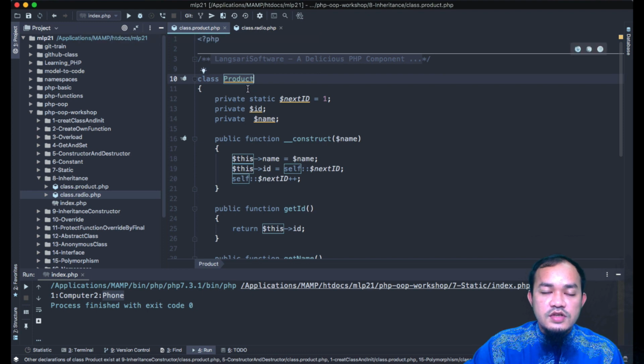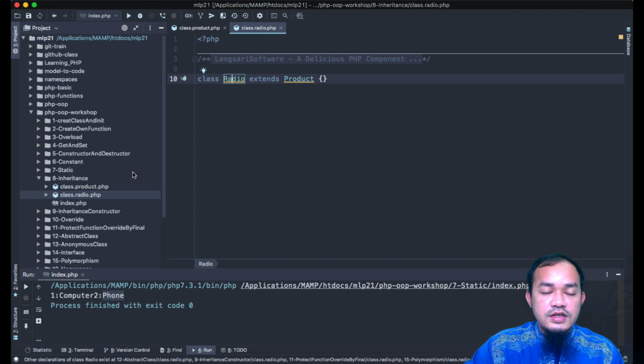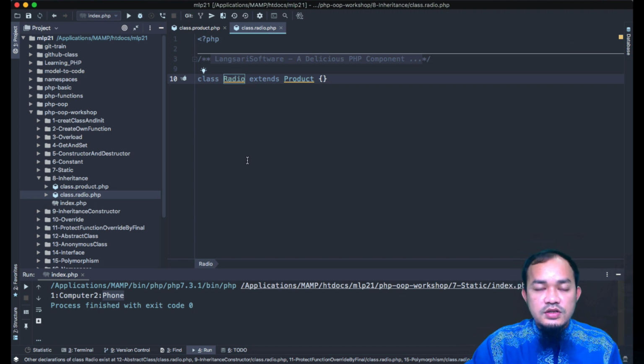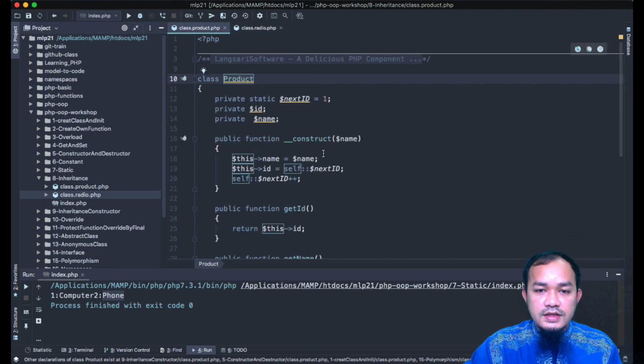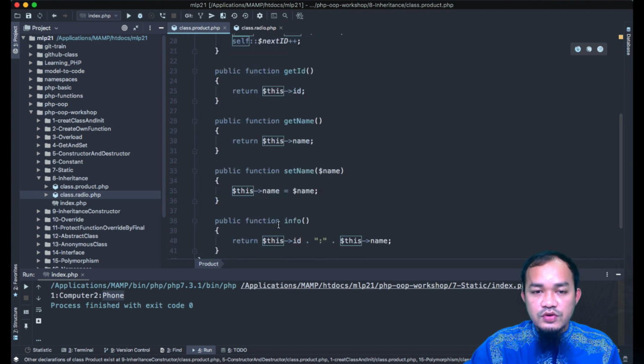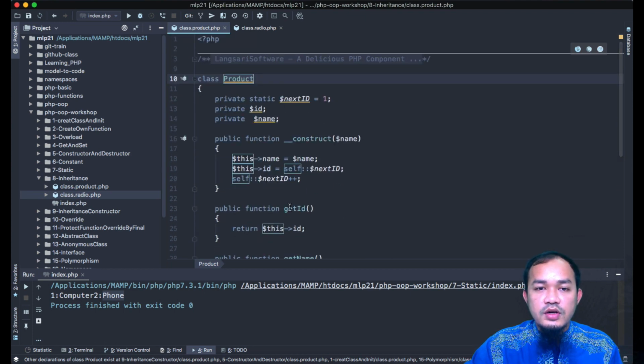For example, if you do not use the inheritance feature, you have to write Radio like this: get ID, get name, or whatever, and then echo as info to return the data. So the code will be redundant. The code will be duplicated. So we can use this